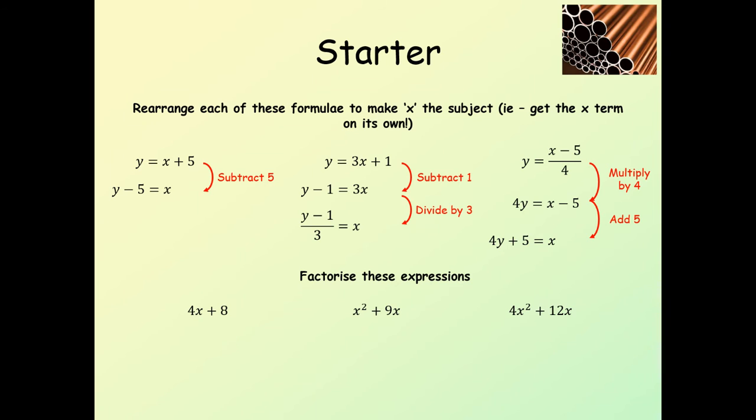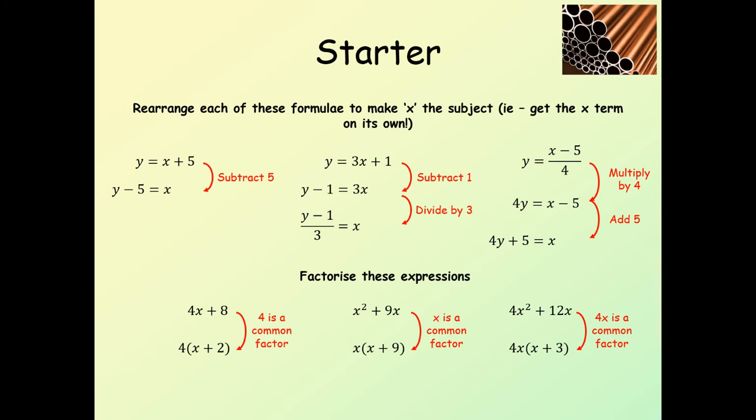Now, factorizing these expressions here. 4x plus 8. 4 is a common factor. So 4 bracket x plus 2. Factorizing these expressions here now. X is a common factor. So take the x out, then that will be x plus 9. And this one over here, x is a common factor, and also the 4, because 4 and 12 both share a factor of 4. Okay, so I could take out 4x outside the bracket and x plus 3 inside the bracket. Okay,